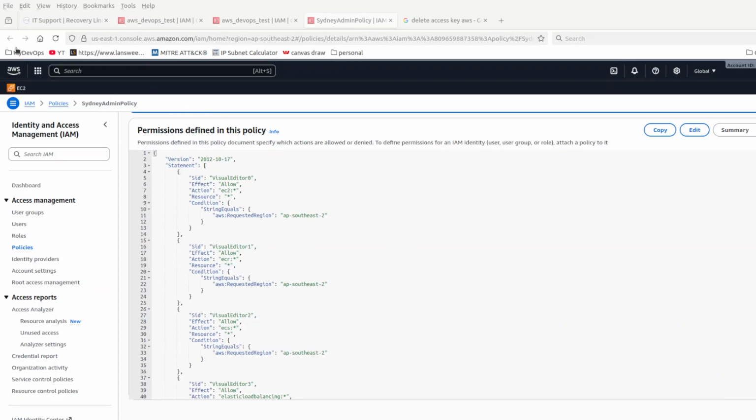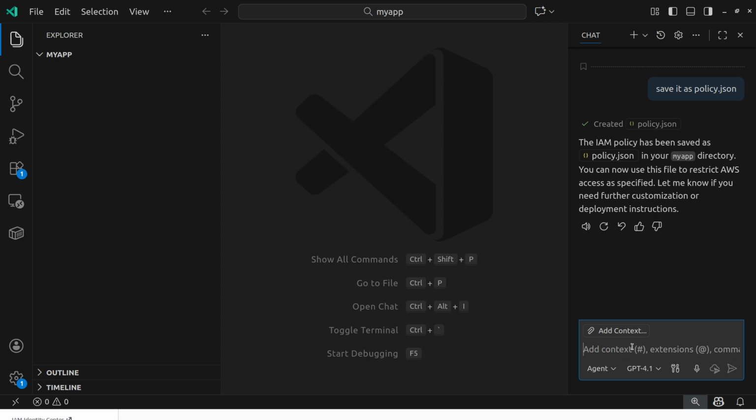And now we are going to ask chat, which is located here, to create us a policy. And the policy which will have a file